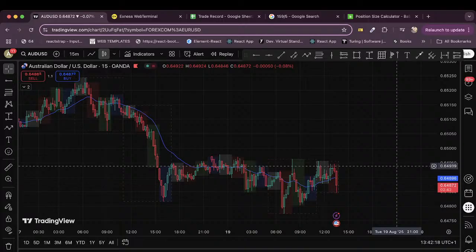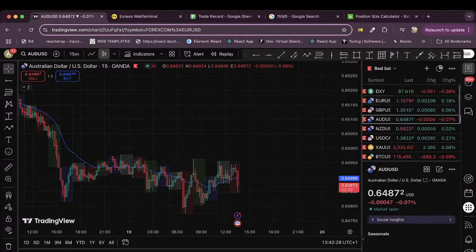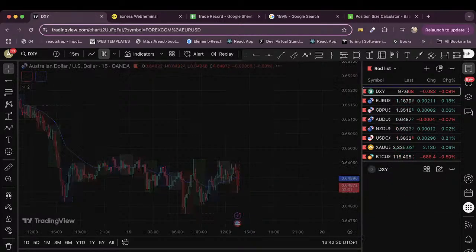Then from there, we can drive our attention more towards other major pairs. Okay, but in the meantime, I would pretty much like to go to DXY, and the reason why is because